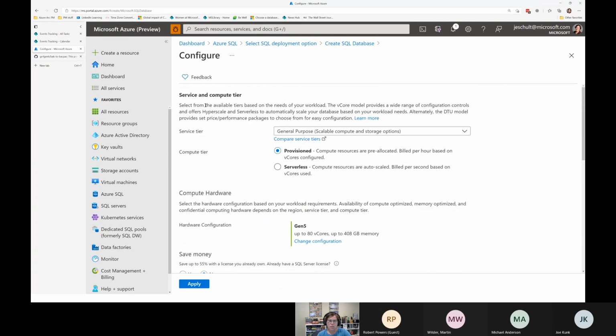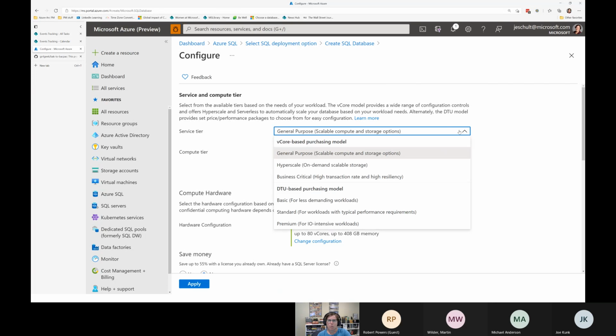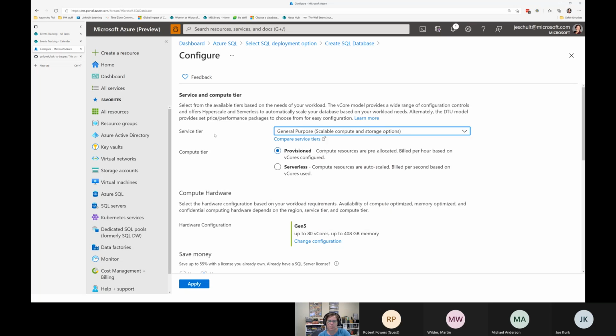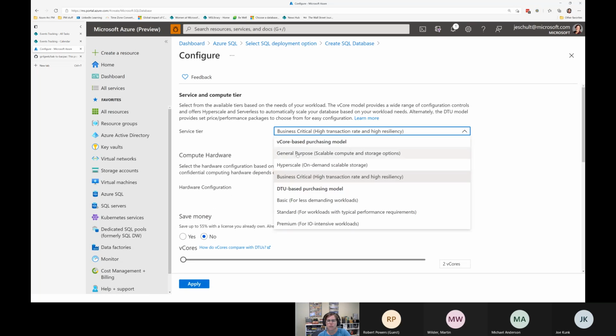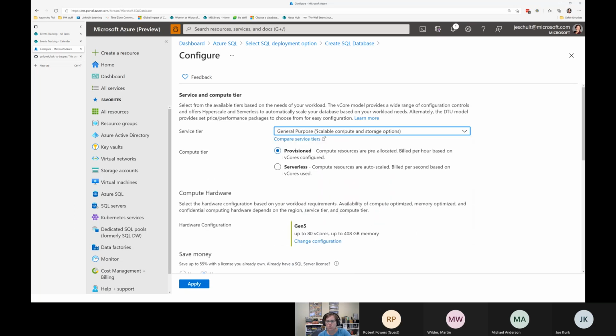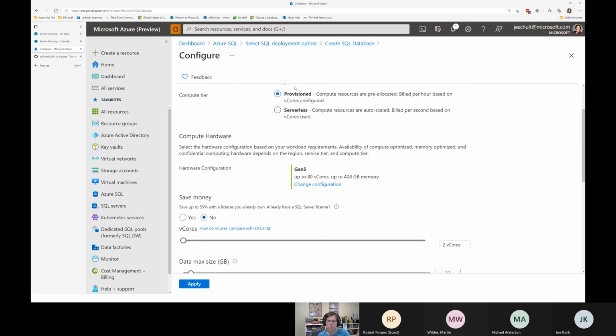So what you choose here is, you know, what do you want for service tier, right? So are you going to go with DTU or are you going to go with vCore? And under vCore, do you want general purpose, business critical, or hyperscale? Then if you choose an option, so if I choose business critical, that serverless model goes away. If I choose general purpose, I can see provisioned or serverless. And I want to show the difference. So under provisioned,